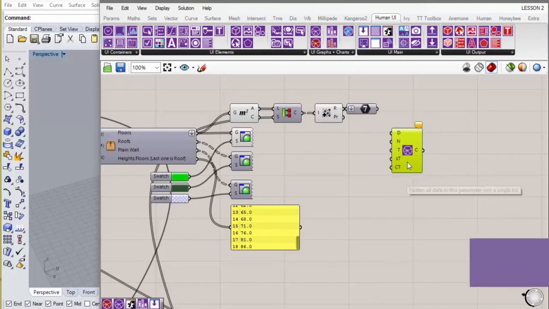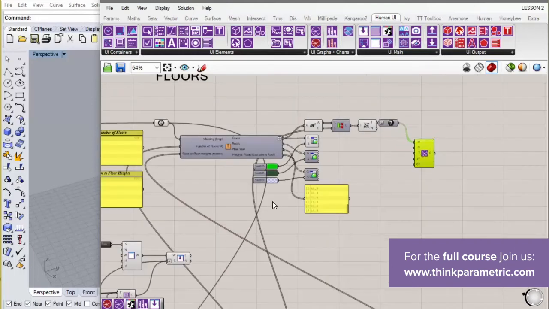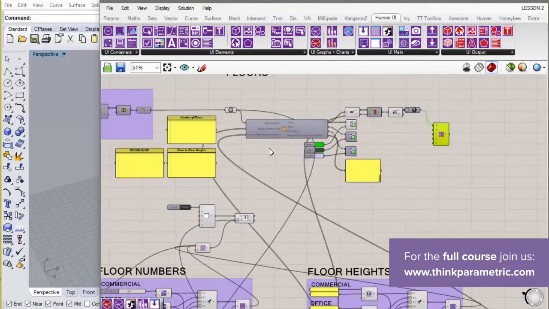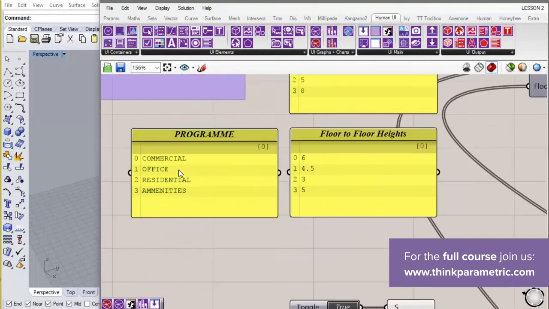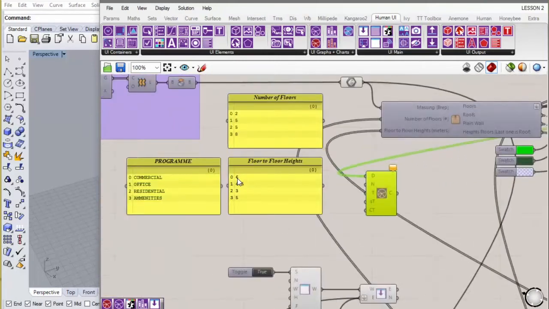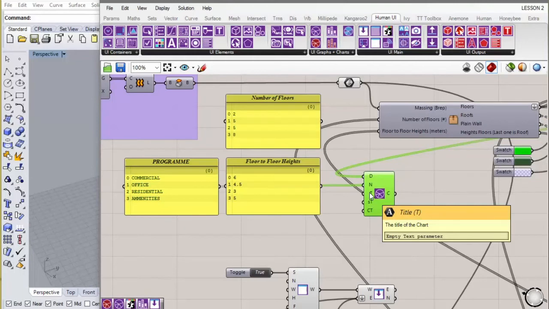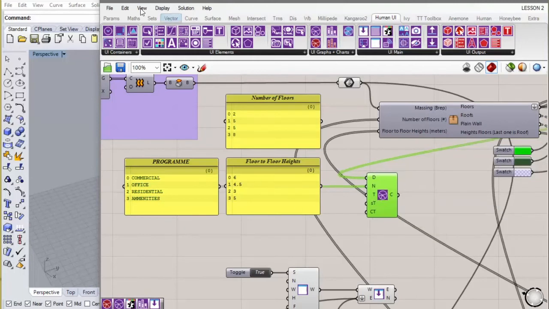We have to flatten it. It asks for the names of the data items to be charted. So that would be this. And the title of the chart should be,